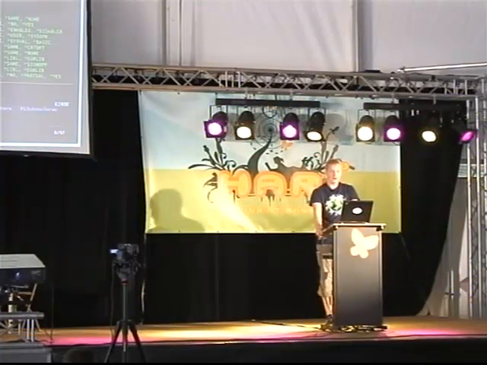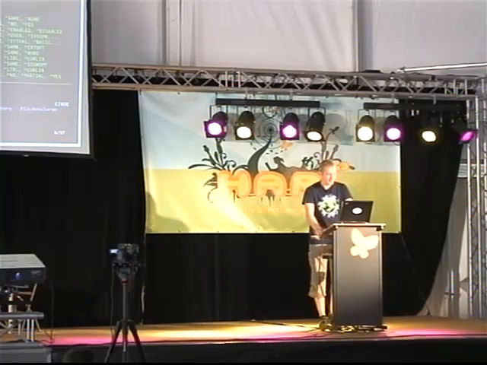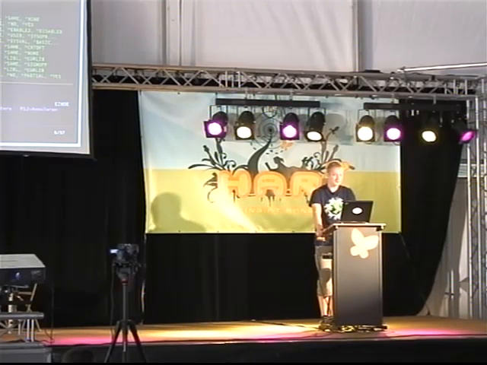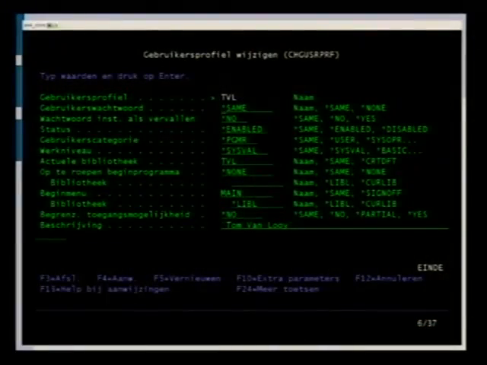So the user profile is also an object. And yeah, if you log into the system, you can specify a program that should be run, or the main menu that you want to see. You can also enable and disable users and expire their passwords.